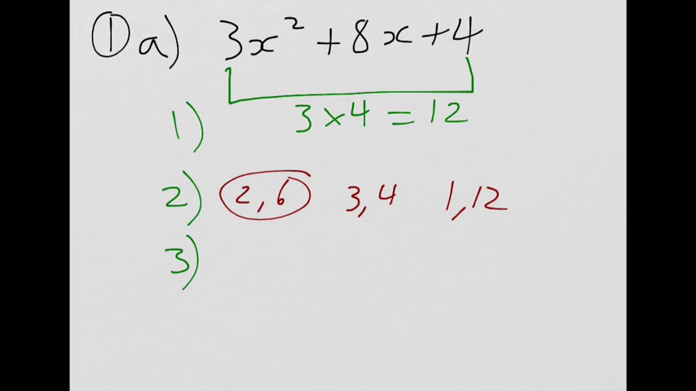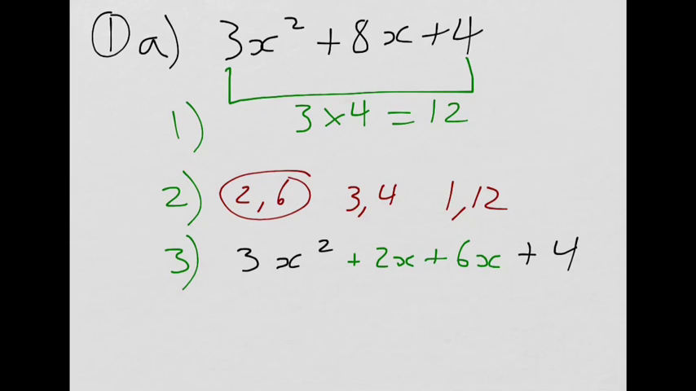Step 3. Split. And this is why this method is called factoring by decomposition. What we do is we take this 8 here and we split it into 2 parts so that if I multiply the coefficients, I get my magic number, and if I add them, I get 8x. I'll show you what I mean. Okay, so I take 3x squared, and I'm going to split 8x into 2x and 6x